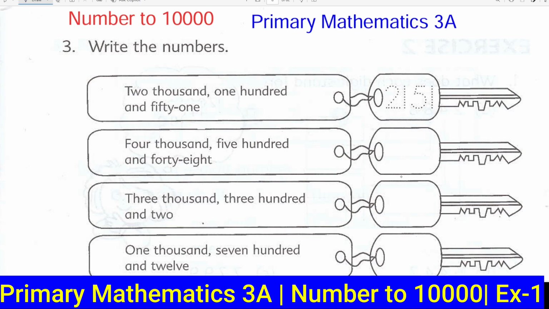Number 2, 10,000. Primary Mathematics 3A, Part 2. We are starting question 3. Write the numbers. First one,